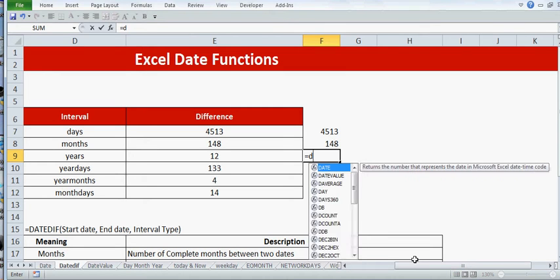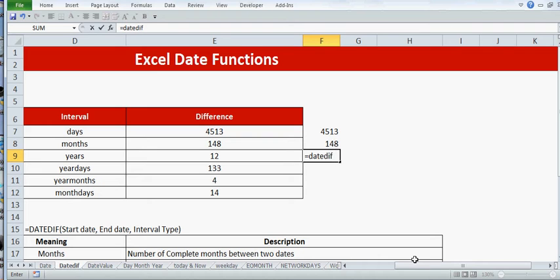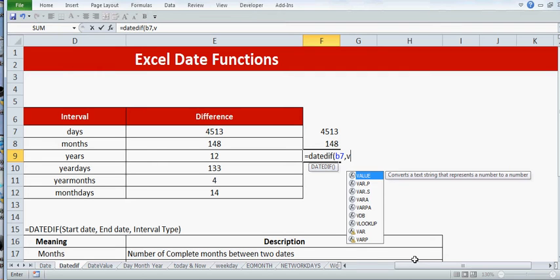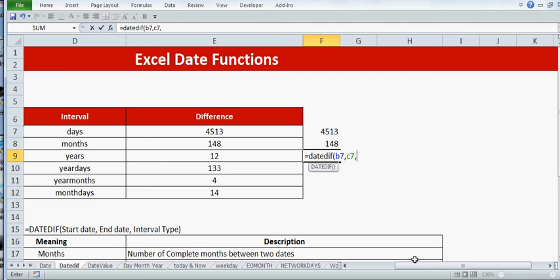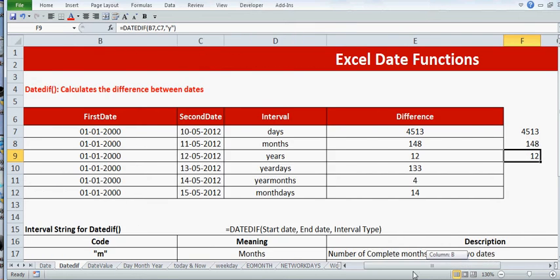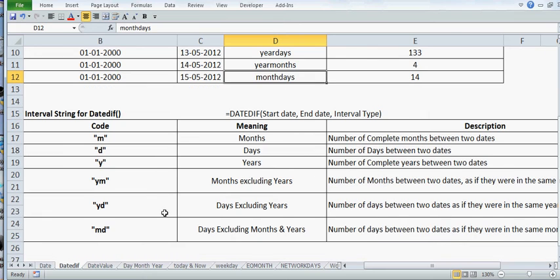Let's do a third one, which is DATEDIF B7 comma C7 comma, years, that is Y, so 12. So this is the way you will write the formula for days, months, years. If you want to use year days, instead of this Y you have to write YD. For this you have to write YM, and for this you have to write MD.